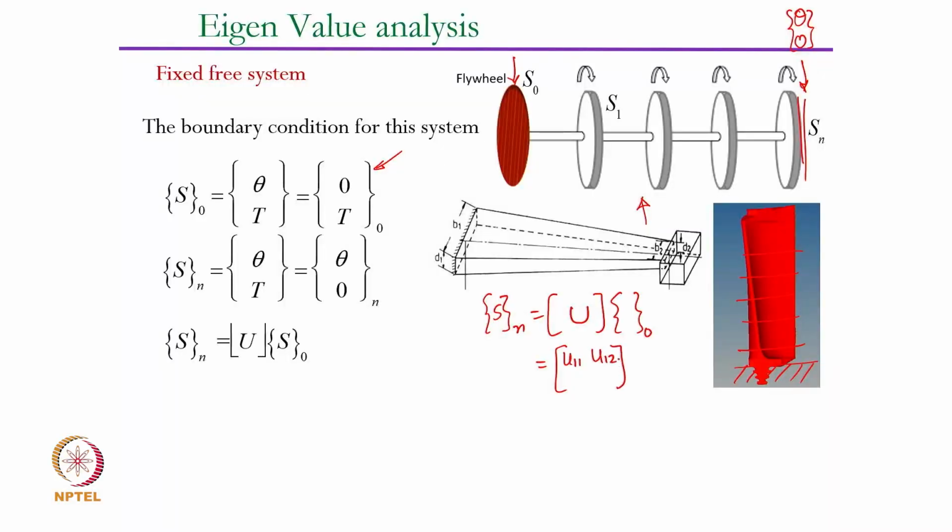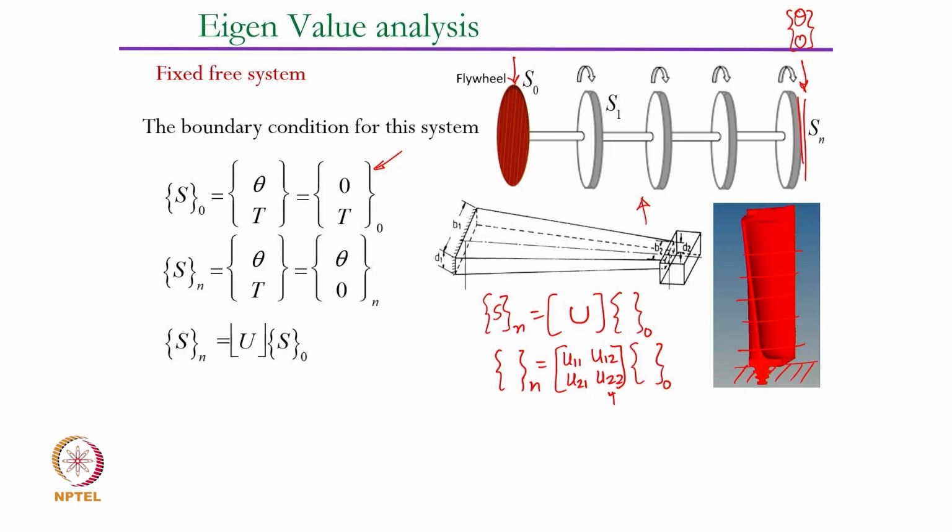U11, U12, U21, U22, right? The state vector on n and 0. This is how they get related, right? How you get these is something we see later. But supposing that all of them are known, you multiply and you will get these 4 elements of the overall